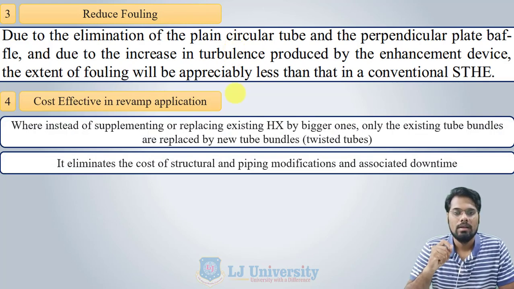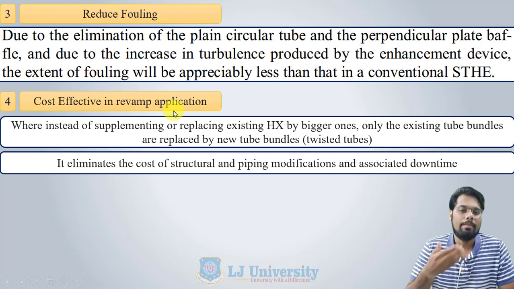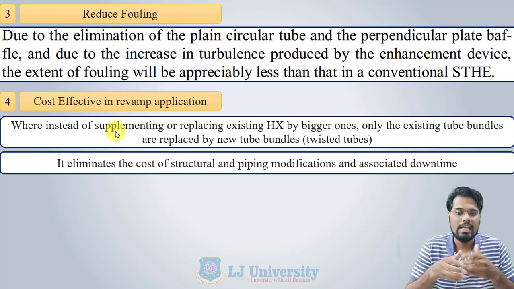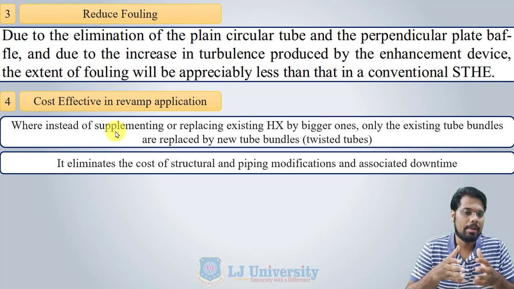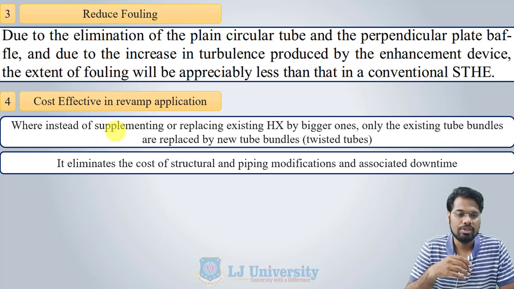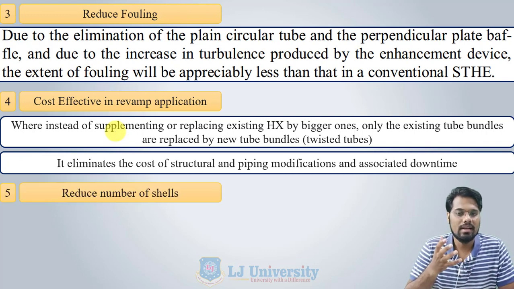Cost effective in revamp application, where instead of supplementing or replacing existing heat exchangers by bigger ones, only existing tube bundles are replaced by new tube bundles, which are the twisted tubes or enhanced surface tubes. It eliminates the cost of structural and piping modification which is associated with the downtime, and at last it reduces